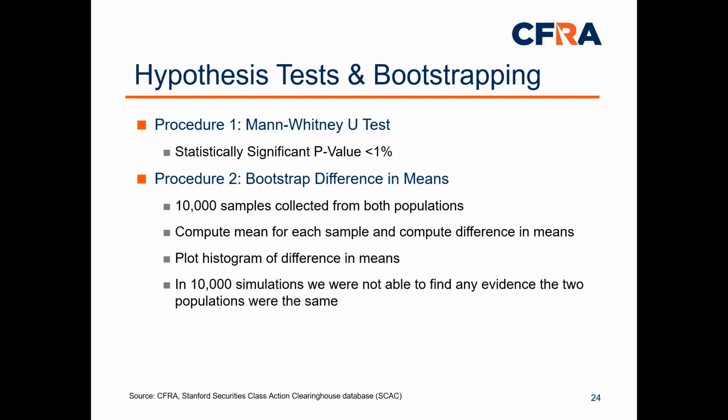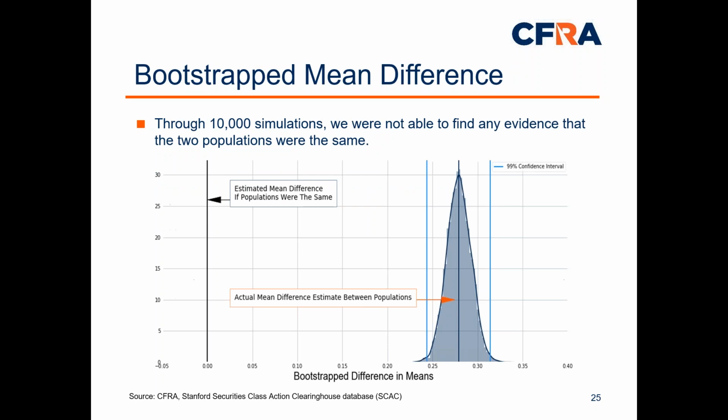We wanted to triangulate our conclusion further by simulating 10,000 random samples from each group. We would take the mean from each group and take the difference. This is just a visual way of viewing the differences in groups when taking a lot of random samples, which you can see on the very next slide. Notice that the histogram of 10,000 samples is nowhere near zero. What this means is that we actually found no examples when we bootstrapped our difference in means that the two